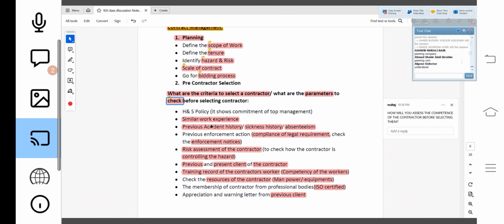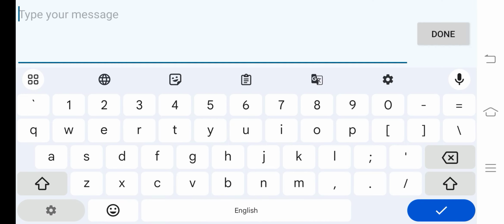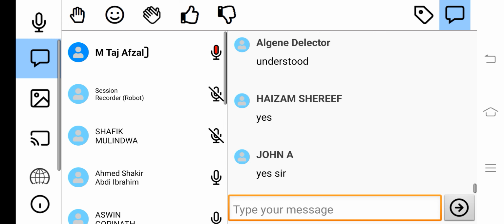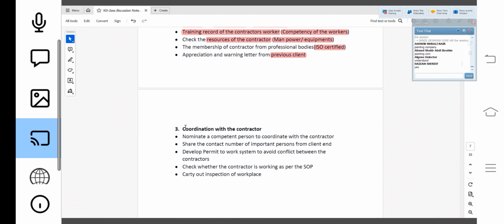Now after this there is a third stage, which is called coordination with the contractor, or maintaining a contractor. After checking all these parameters, you have given the contract to one of the contractors.